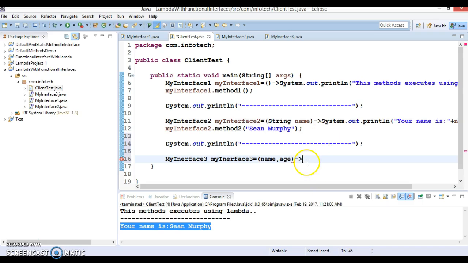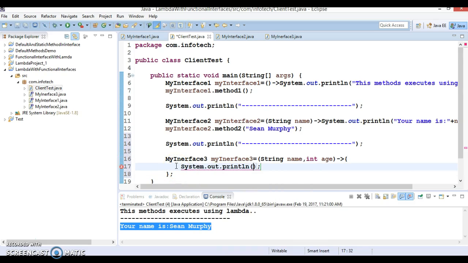Since I would like to specify more than one statement, you will have to give the open and close braces, and each statement ends with a semicolon.